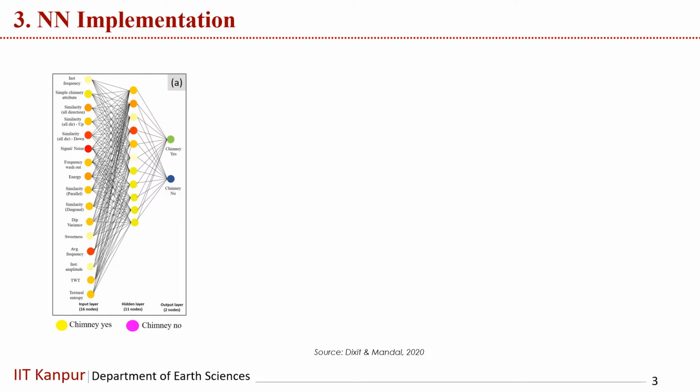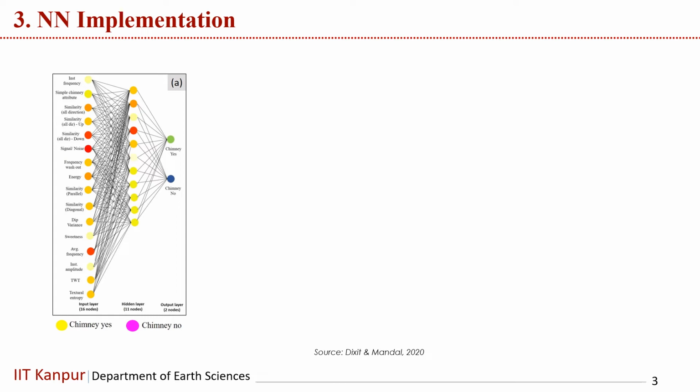In this study we used 6 major attributes, which were combined with the help of a hidden layer consisting of 11 nodes through a complex technique. And this neural network used the back propagation technique,